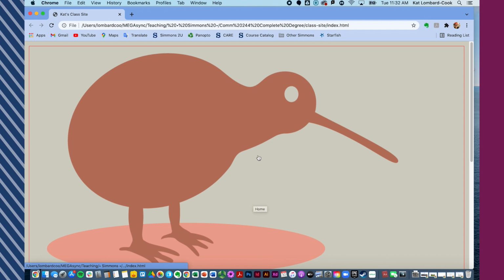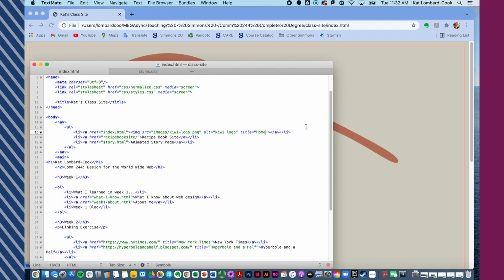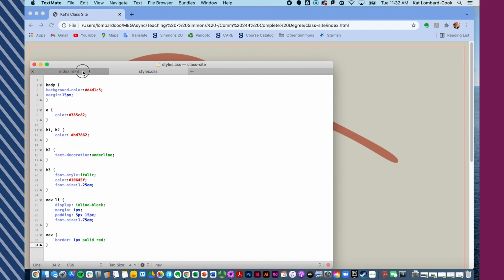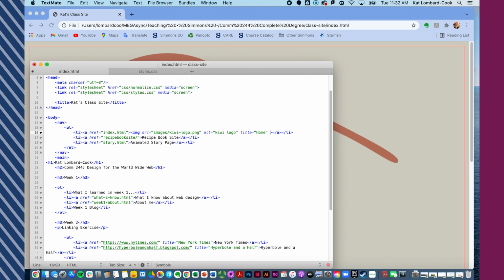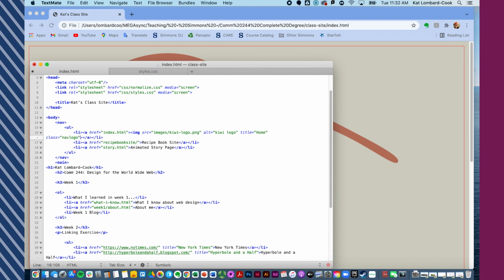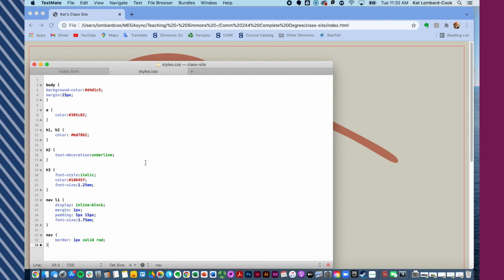So you're probably going to find that you've made your image large when you've been working on it, and then you'll need to make it smaller. There's a few things you can do. You can go ahead and set yourself a style. So in this case, I'm going to say class equals nav logo. So I could set myself a class and then style